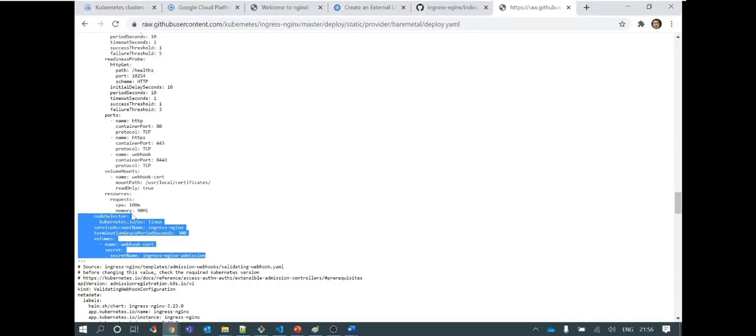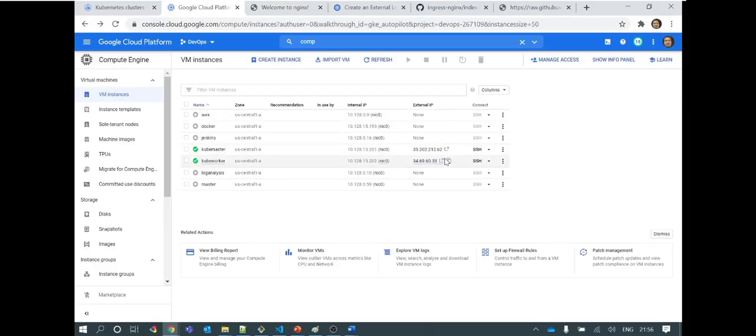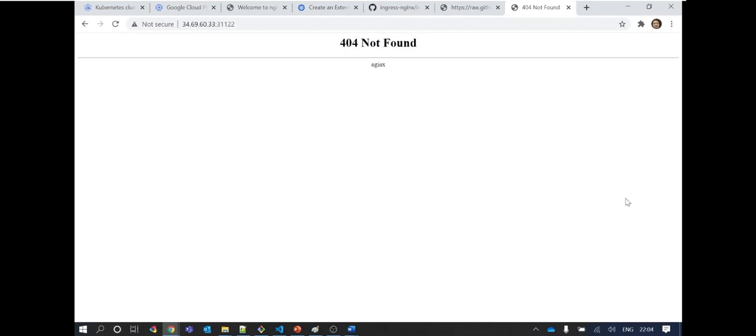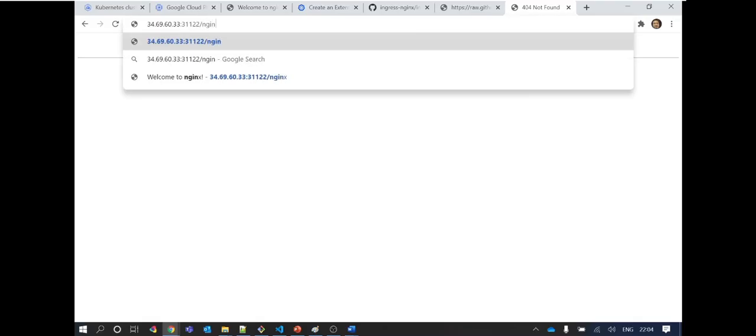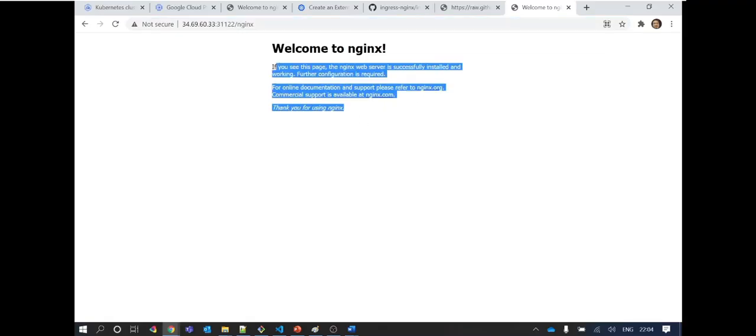Let's try to access outside. So this was my IP, and this was for the previous service, right? Let's open a fresh one. Let's copy the node port IP, put it here, and 31122. The result you can see is not found because I have not entered the prefix that I mentioned as Nginx in the ingress rule. So if I mention Nginx here, the routing is correct. It is able to access the service Nginx that I created inside the cluster, and it is able to reach the application successfully. So this was all about the ingress controller and ingress that we had to cover in this session.